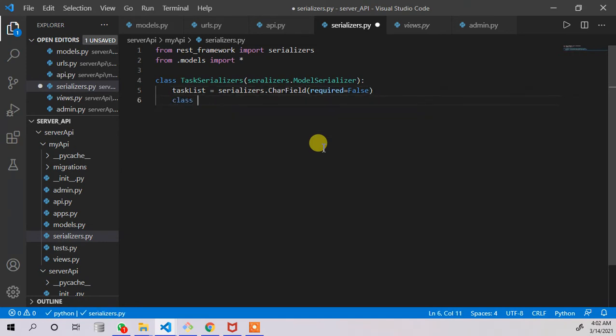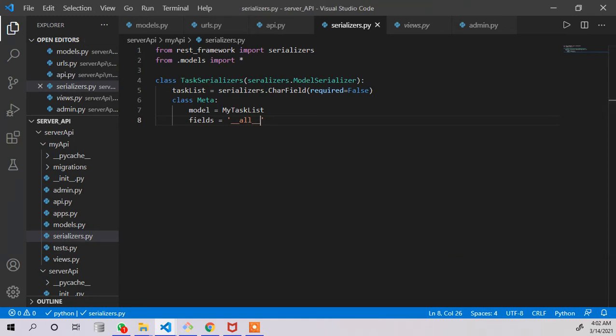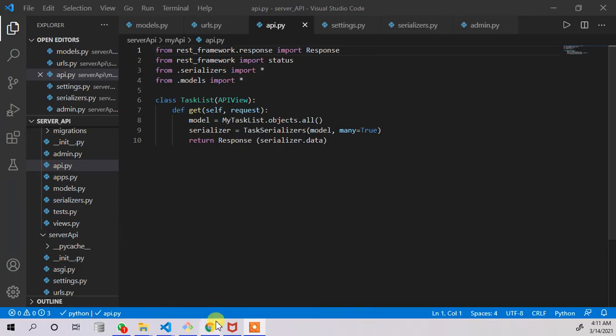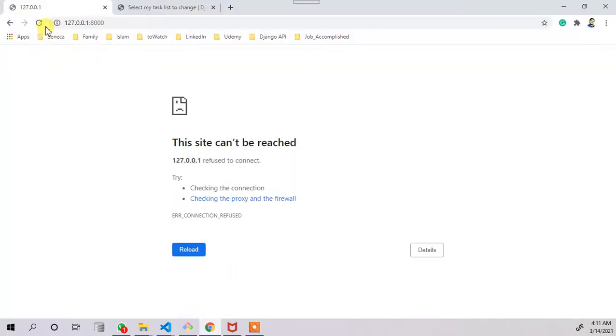Okay, we want another class inside a class, which is the name of Meta, and okay, my task list and the fields, and saying all. Okay, bingo. So now we have created everything and we are going to check it, but it is saying page